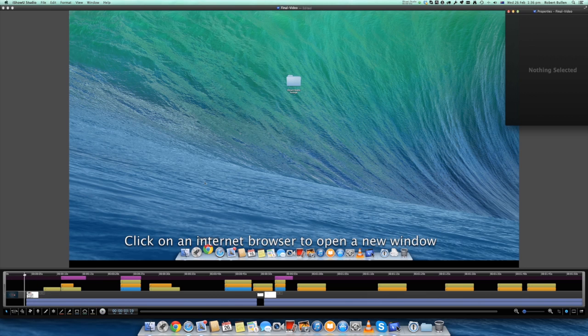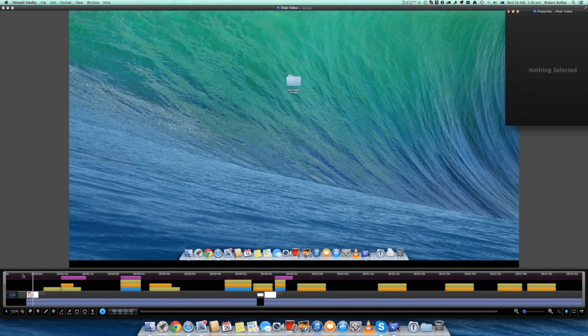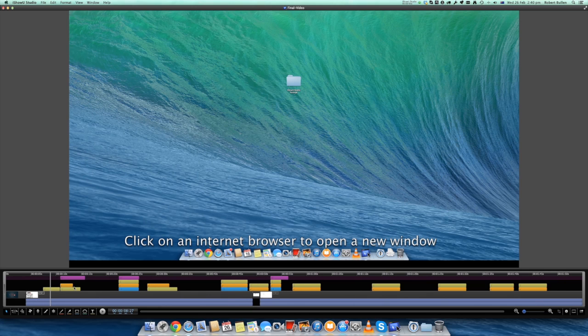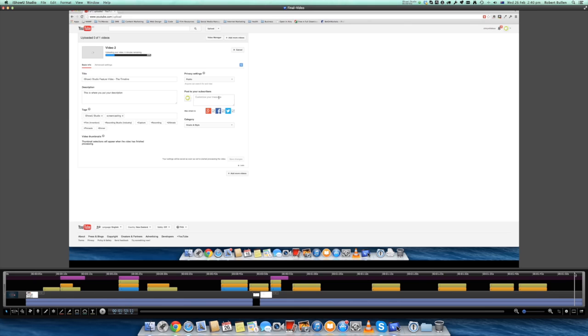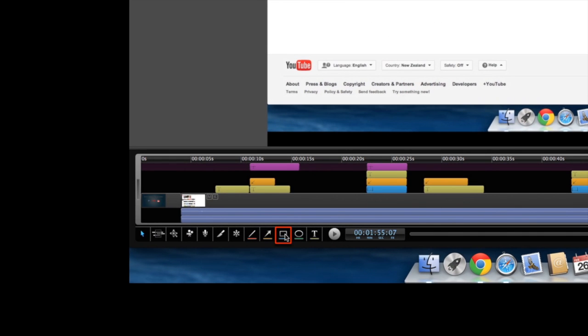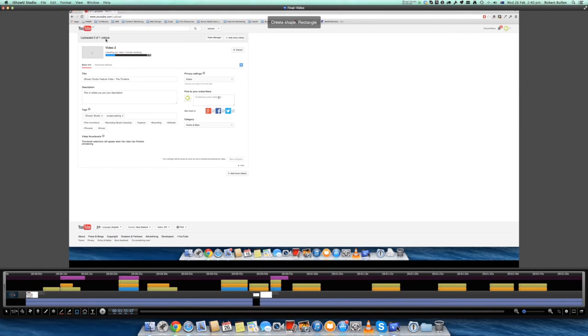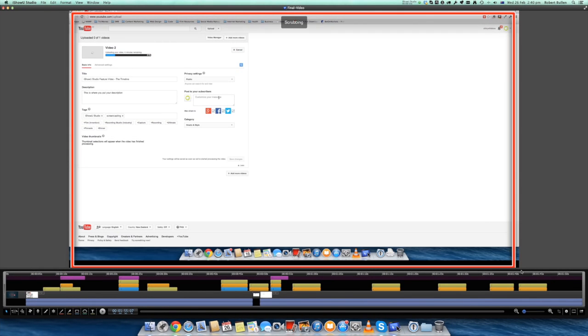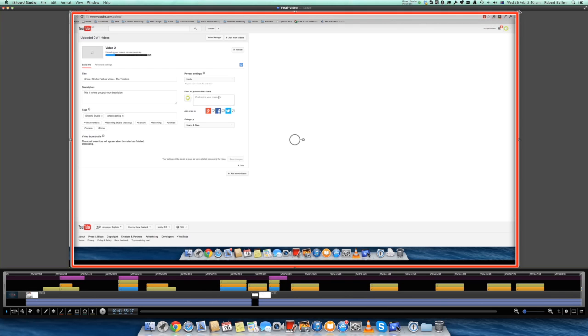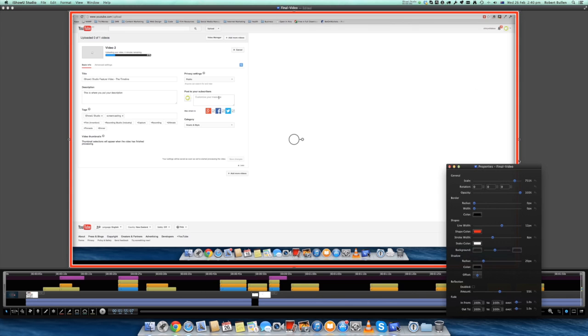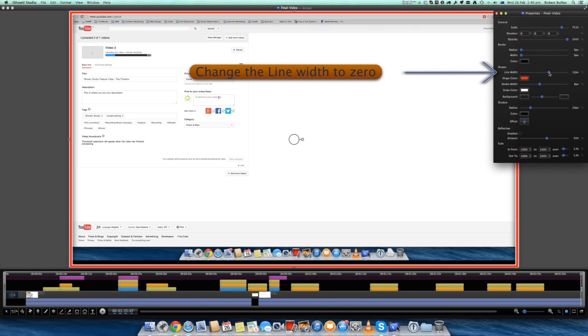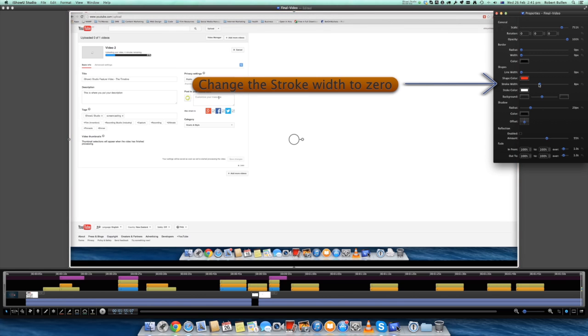Now there's another way to do titles, and that is just using the software itself. So if we go all the way to the other side, all the way to the end, and put in some end titles. To create titles with the software, we're going to select the rectangle object and create the rectangle object so it takes up the full screen. Making sure you line up the edges, and you're going to change the background so that it creates an opaque background so that it covers the entire screen. So open the properties panel, and you can take away the line by reducing the size width to 0. Take away the stroke,